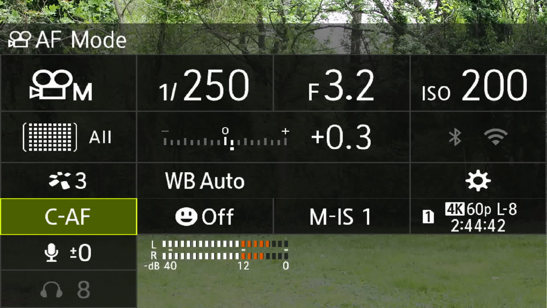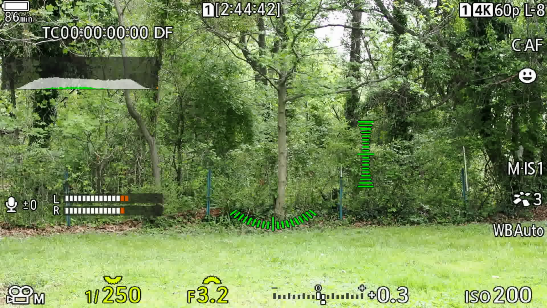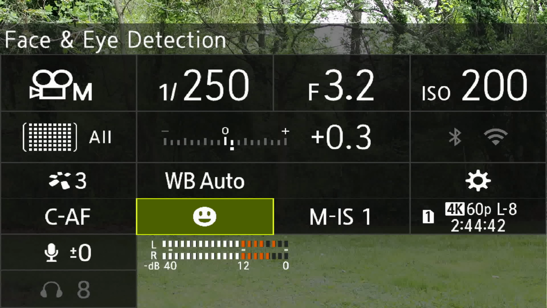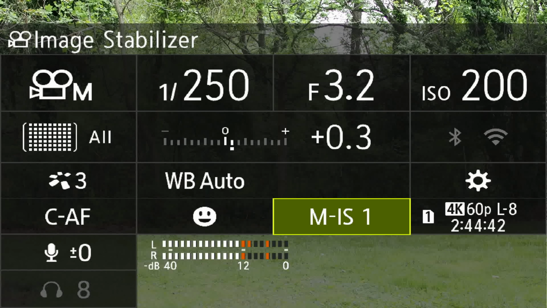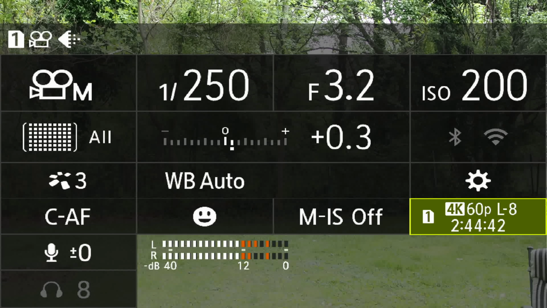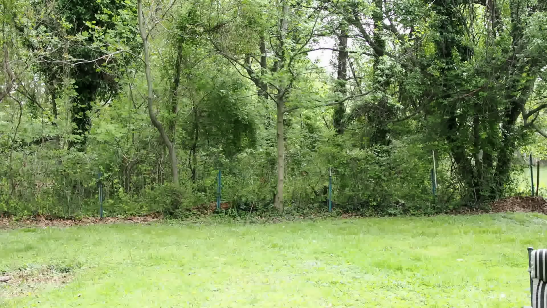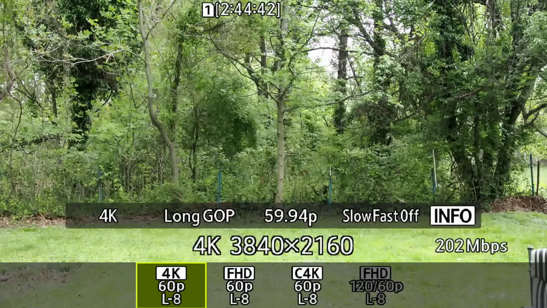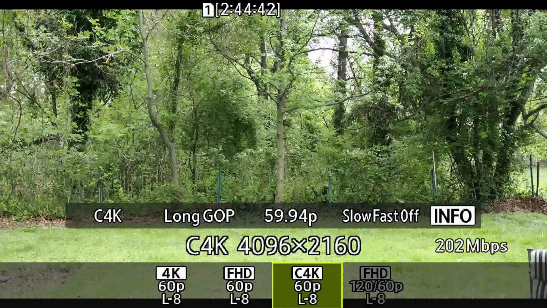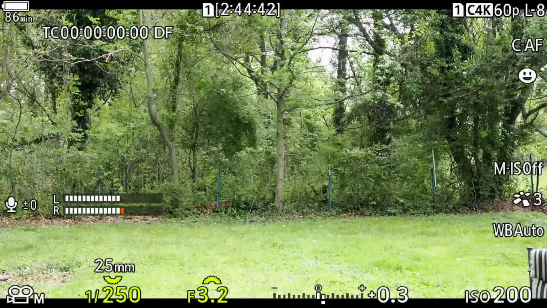And we'll leave this in continuous autofocus. But we're going to turn on face detect only, because that's only what's available on the M1 Mark III in video mode. All right, and we will turn off image stabilization. And for movie mode, we'll just start out with Cinema 4K, and we will change it to